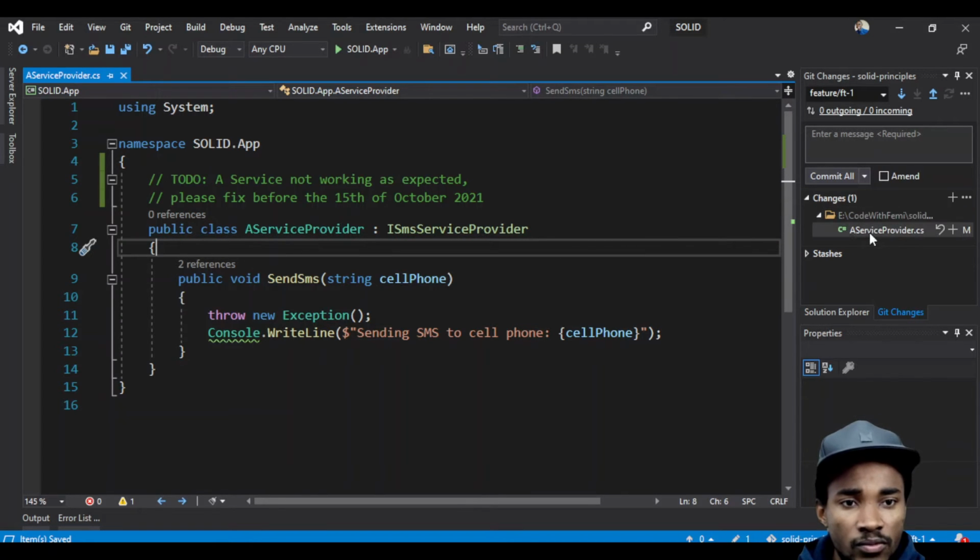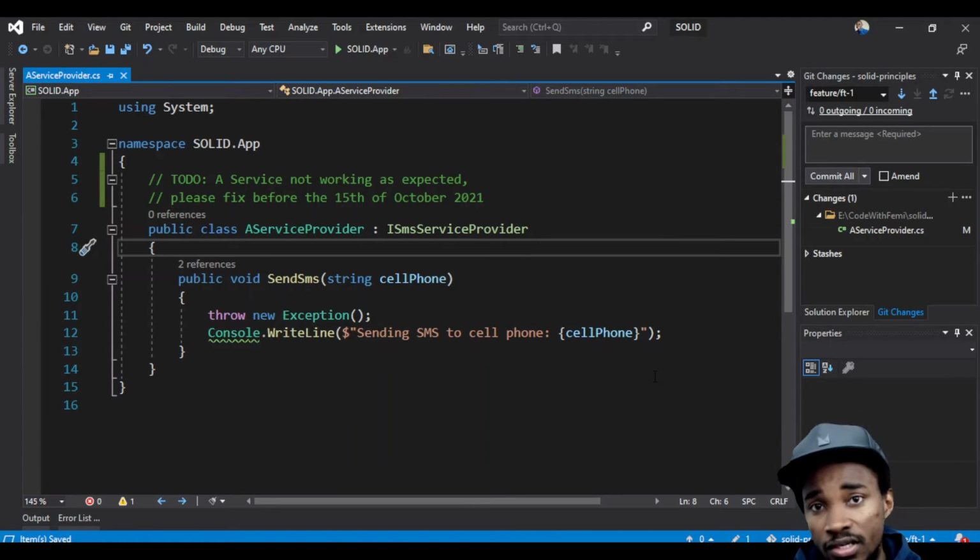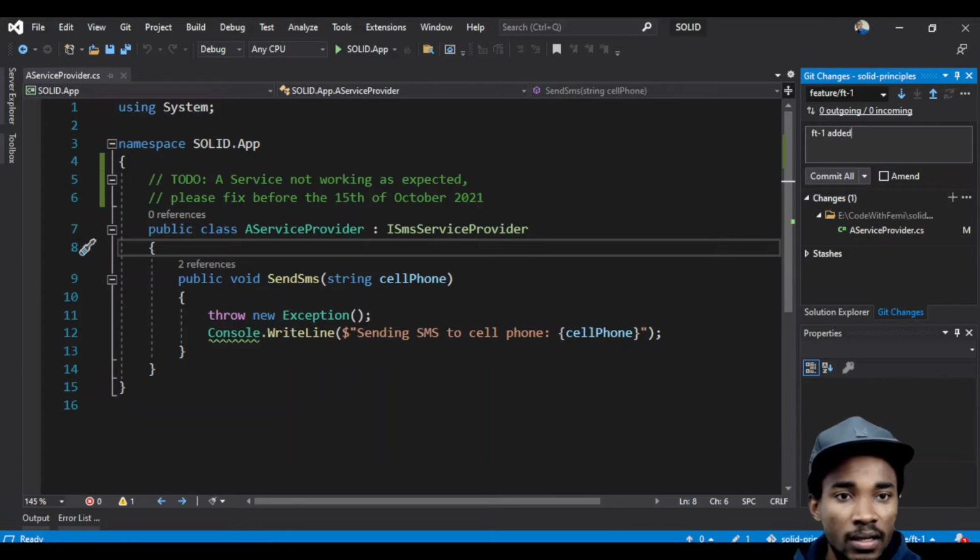When you commit, what commit really does is put those changes onto that branch, but it doesn't push, so it's still on your machine. It's just that now it is a change that you have put in place that is going to go up. So when you say commit, that means it is there and ready to go into the remote branch. So if I say ft-1 added comment for broken